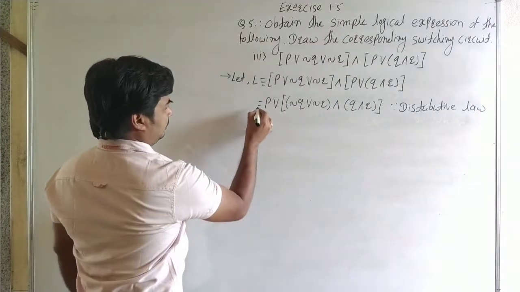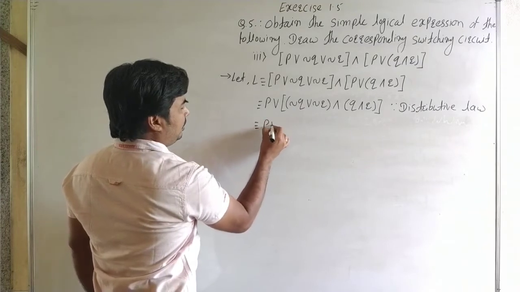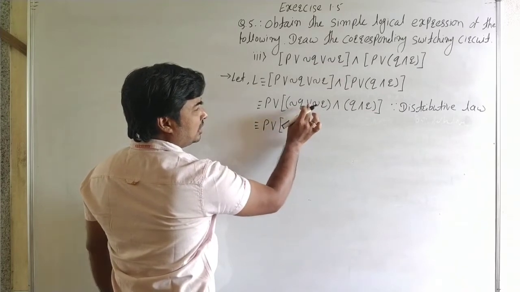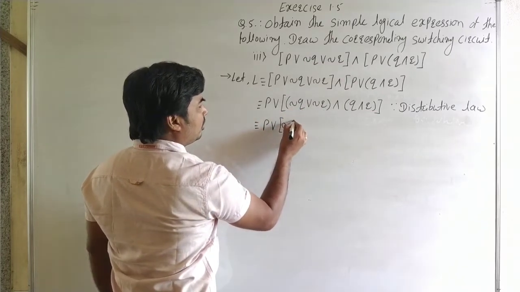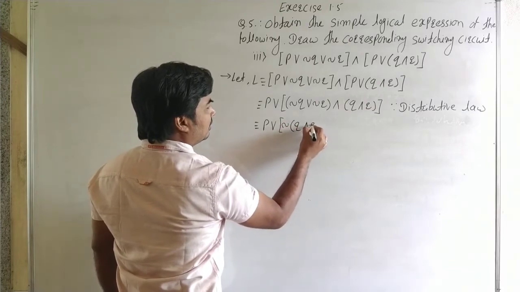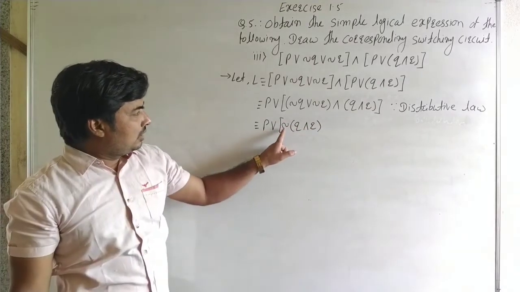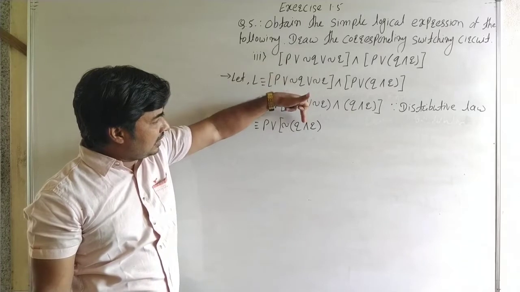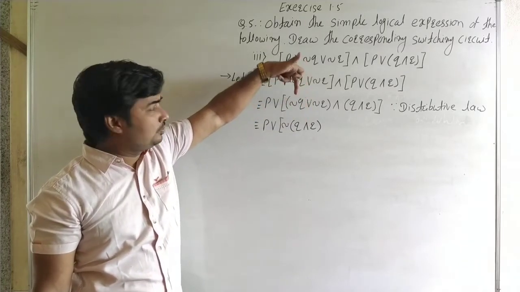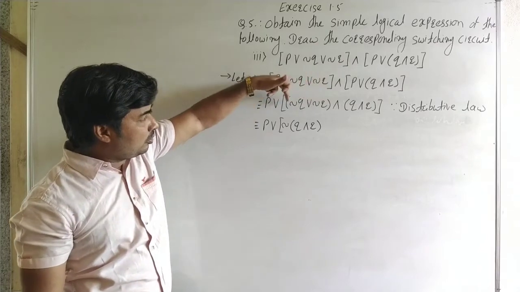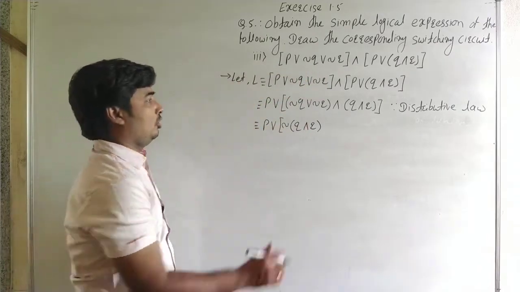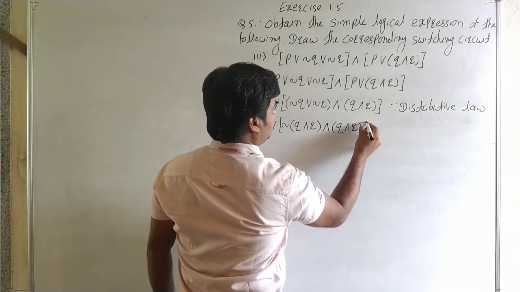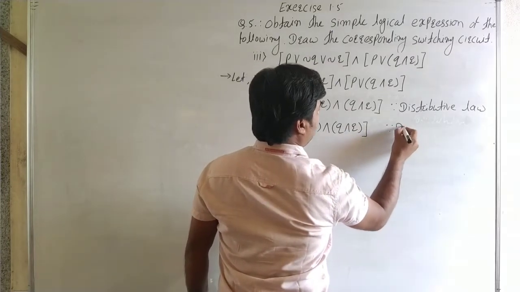Okay. Now it is P or. Now again see the first bracket, the negation is separate for both statements and here it is or. So here we use De Morgan's law. Negation of Q and R, separate negation, and in place of and we write or. Take the common negation, in place of or we write and. De Morgan's law. Okay, the rest as it is, and Q and R. Here De Morgan's law.